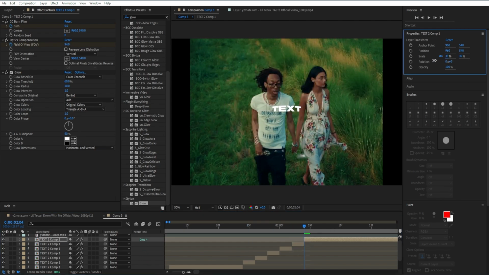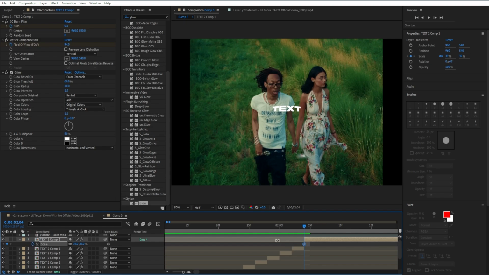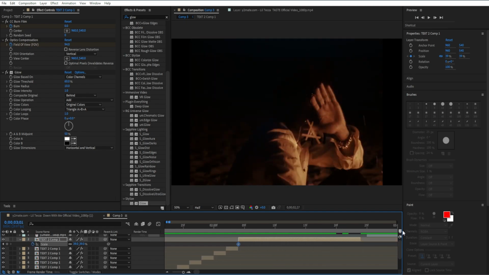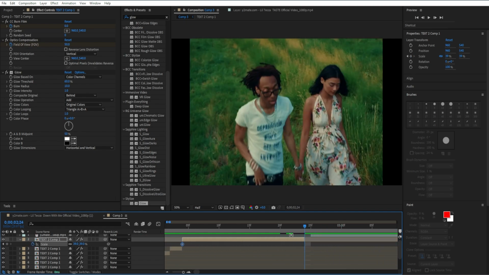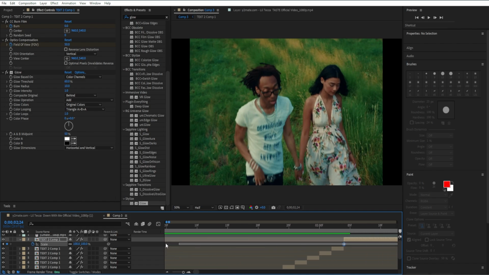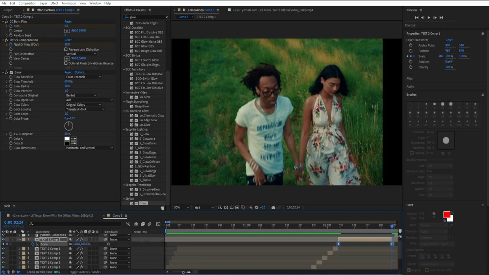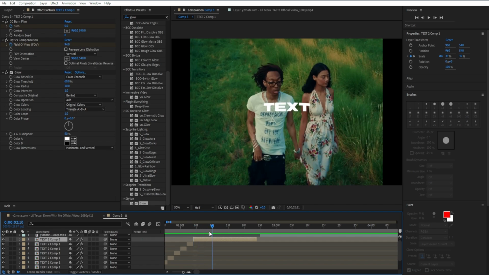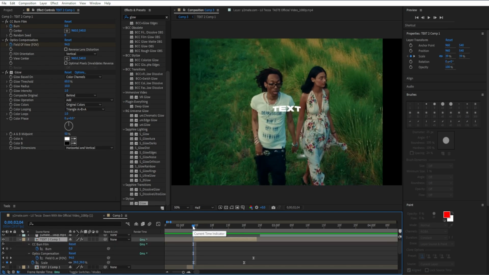Bring this down, and then I'm actually gonna press S on my keyboard, make a keyframe, and I'm just gonna go to the end of our clip right here, and you're gonna wanna right click, hit reset, and then you're gonna wanna ease. So once you're at the scale right here, you're gonna go to the beginning of your clip again,